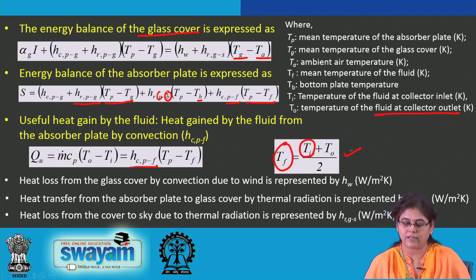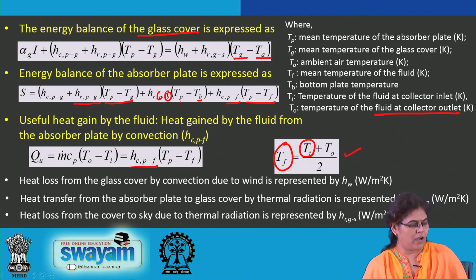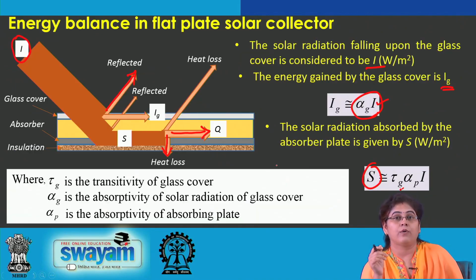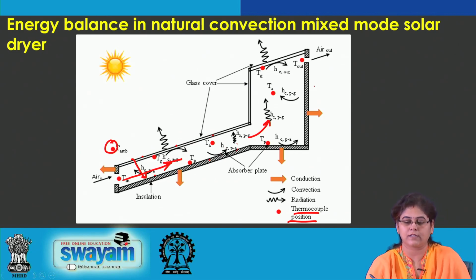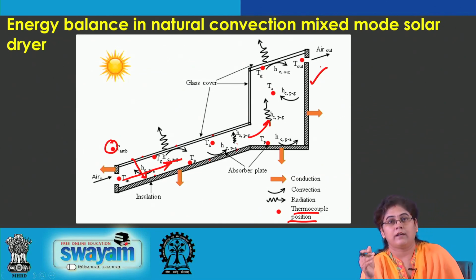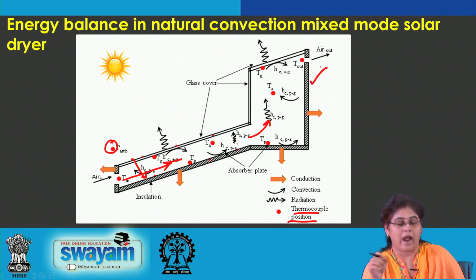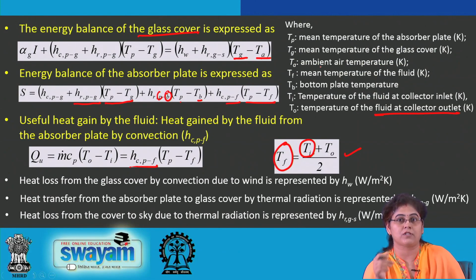So, the average of these temperatures is designated as the fluid temperature, and normally in experimental practice different thermocouples are placed. As can be seen, these red color marks are the positions of the thermocouples placed at different locations of the collector as well as the drying chamber, so that effective temperature measurements at any instant during the test period can be monitored, and those temperature parameters are used for developing the energy balance equations, which give us